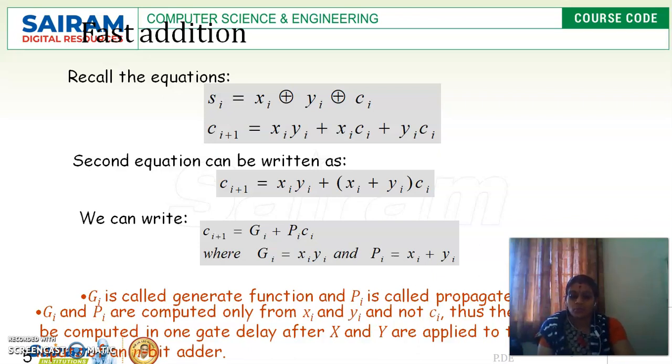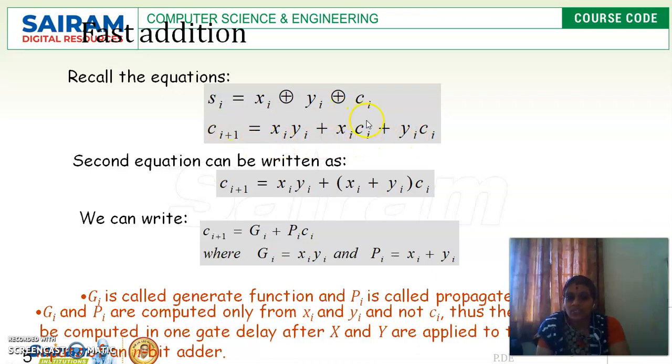So here I'm going to show you a few equations. If we know these equations, it is very easy to understand the carry look ahead adder, right? So here Si. How did I get this equation? By using our normal tabular column, with x, y and c. If it is 0 0 0, what will be the carry in, right? So by using the table only I have got these equations. So Si is equal to Xi XOR Yi XOR Ci. Ci+1 is equal to XiYi + XiCi + YiCi, right?